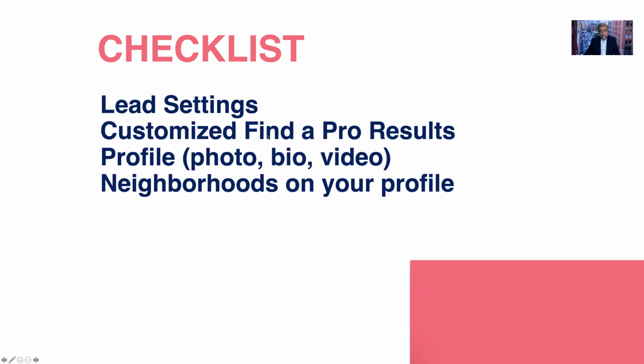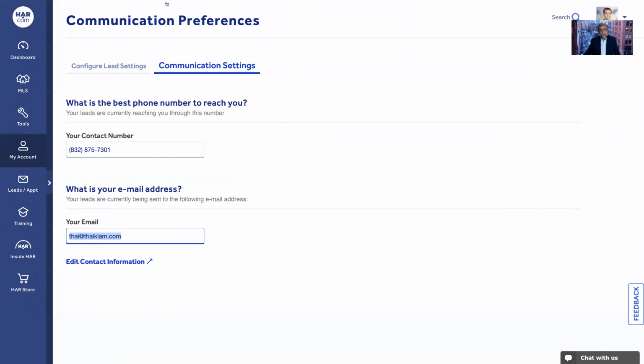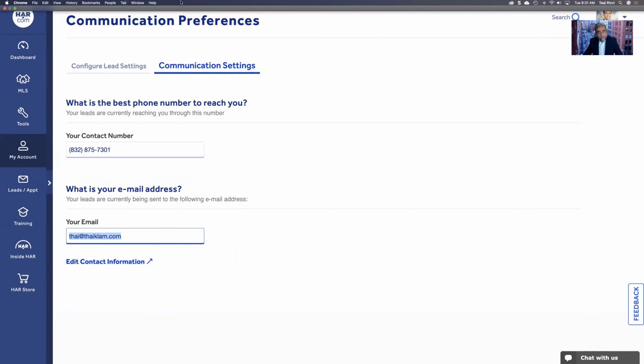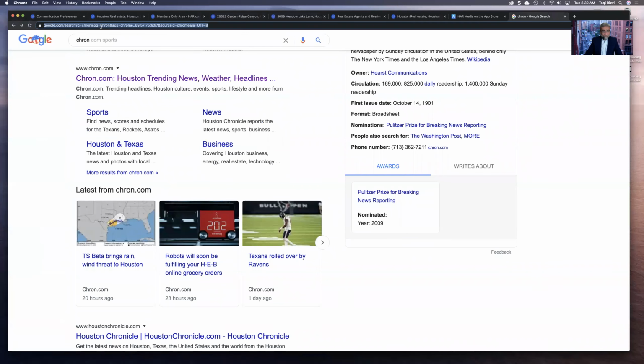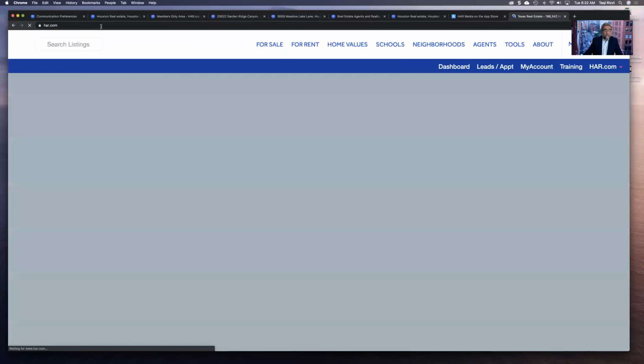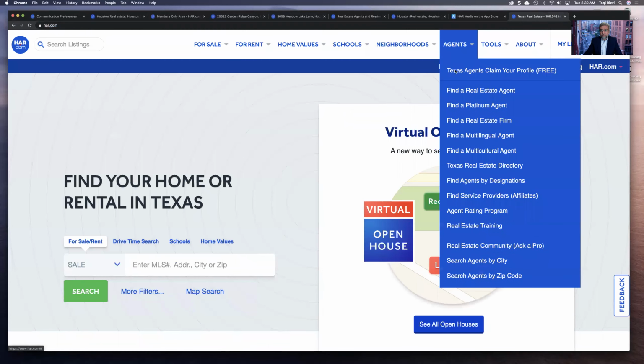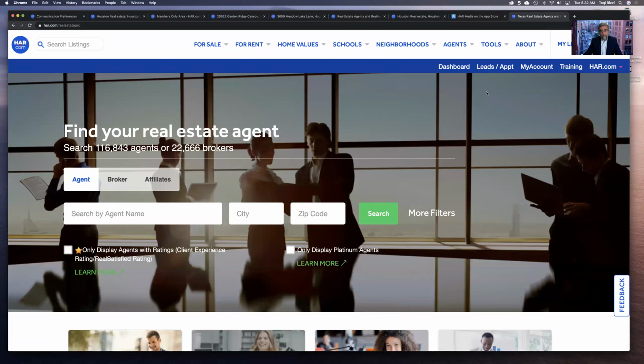Now we go into customized Find a Pro. Just to give you a quick idea how that works: consumers who are looking for a realtor would come to HAR, for example, and say, find a realtor. They will click on this and find an agent. If you look at this, they have an option to search by agent name, city, or zip. When users are looking in a certain area, they will pick city or zip code. So for example, if I pick